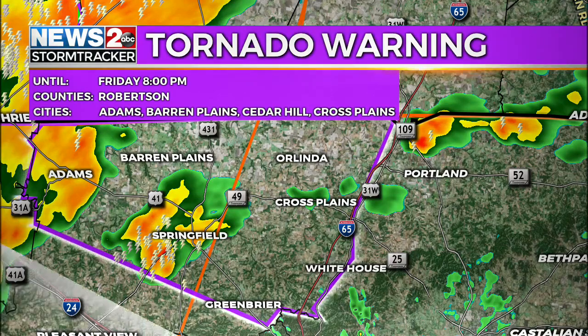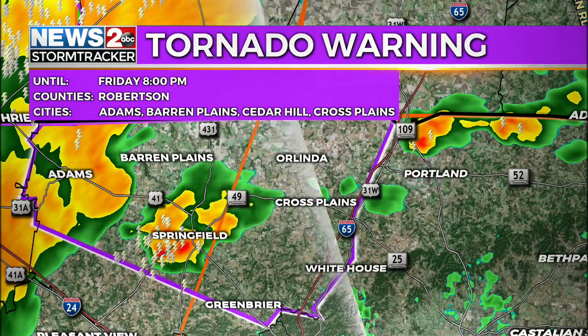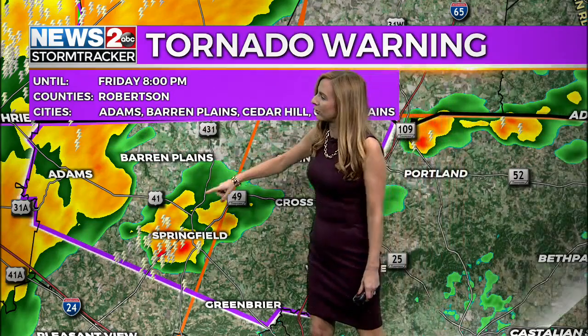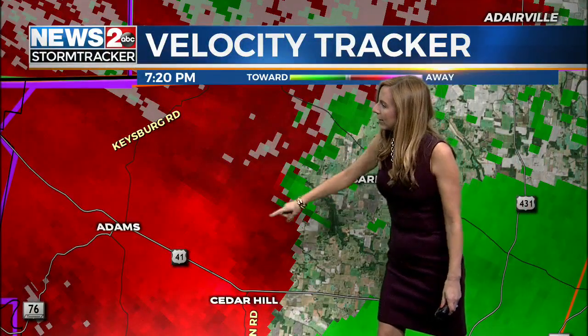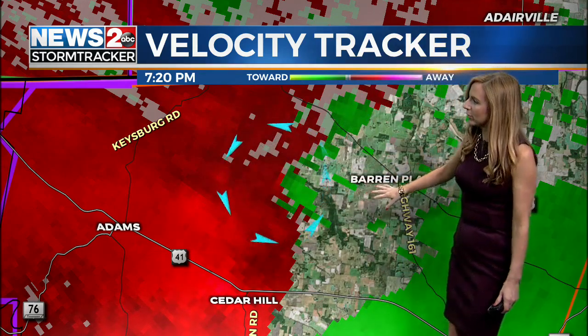Okay, so here we go. Let me get right to this here. We got the tornado warning that is in effect for Robertson County here. This is in that purple polygon, and we're watching this very carefully. This includes Adams, Barron's Plains and Springfield. I would say you folks need to be taking your tornado precautions right now. In fact, it looks like right in this area here, I would not be surprised, right here. So just really about to move over